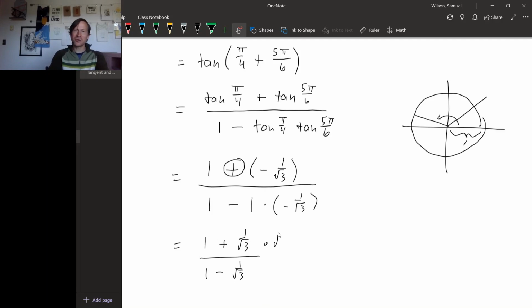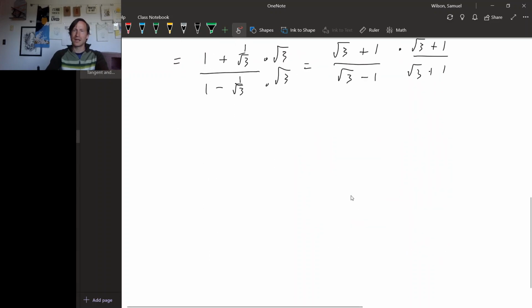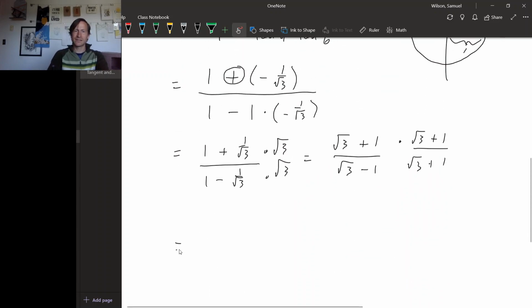So to start with, we can multiply the numerator and denominator by the square root of 3, and that's going to give us root 3 plus 1 over root 3 minus 1. Already that's a little bit better. And then if you want to go one step further, you can rationalize the denominator by multiplying by root 3 plus 1 over root 3 plus 1. And that's going to give us,